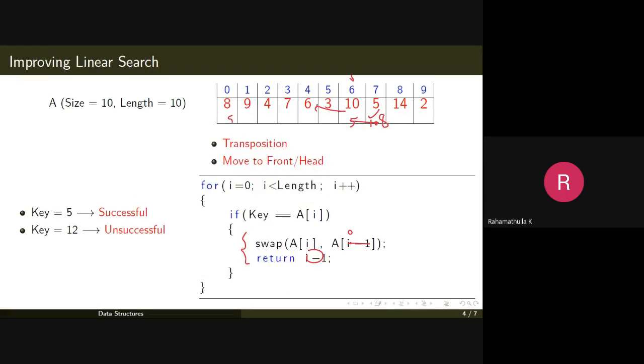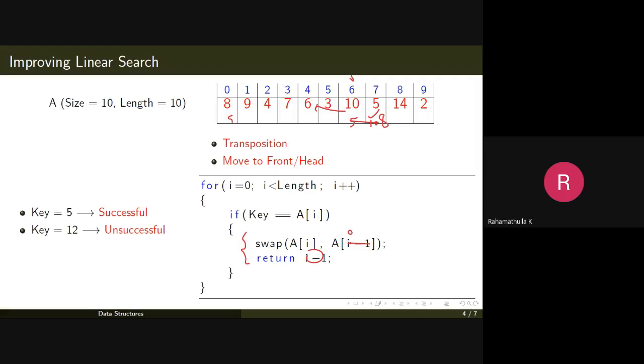Now let's see how we can improve the linear search algorithm. There are two methods by which you can improve it. The linear search algorithm can be improved with the help of the transposition method or the move to front or head method.